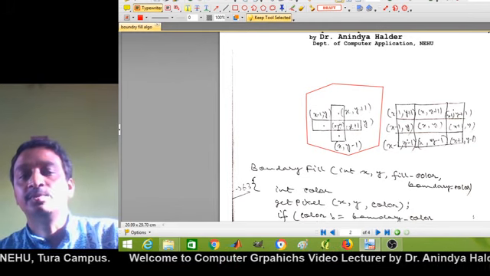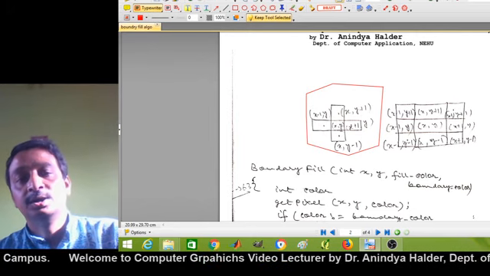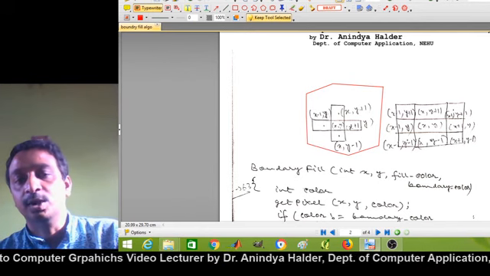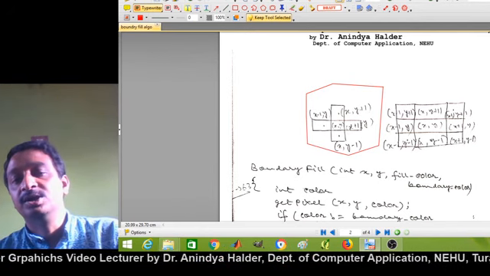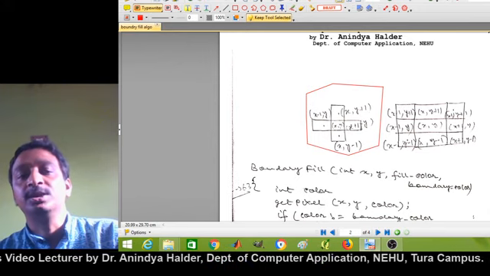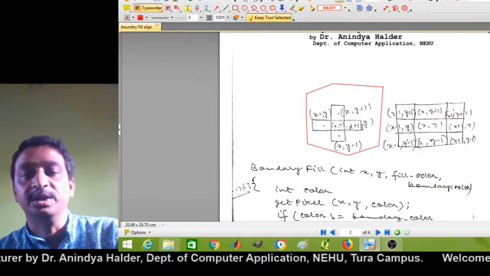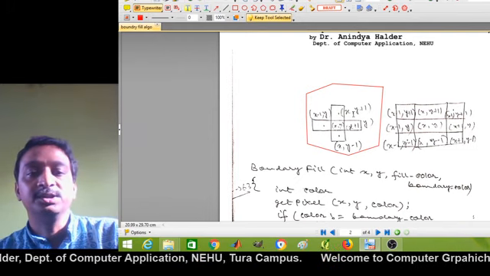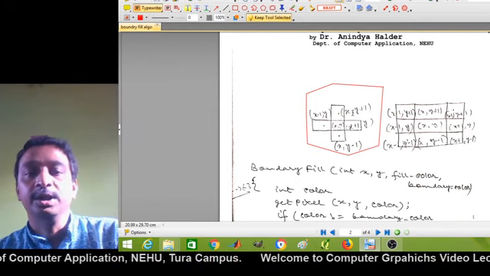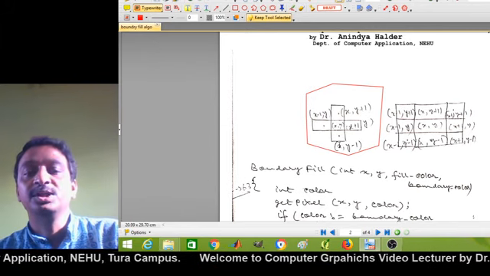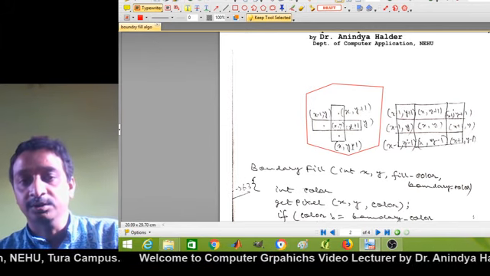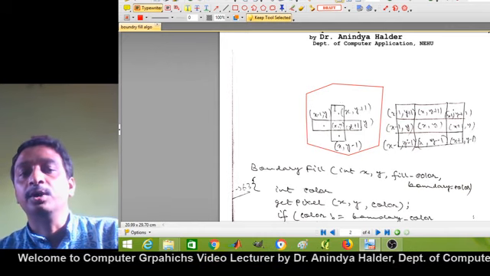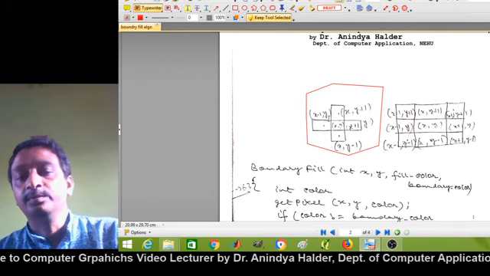The neighbors are as follows. One is in the immediate left hand side position, that is x minus 1, y. Another is the immediate right hand side pixel, so its coordinate will be x plus 1, y. The immediate top pixel of the seed pixel has coordinate x comma y plus 1, and the immediate bottom pixel x comma y minus 1. So the algorithm will recursively call along with its 4 neighboring pixels.